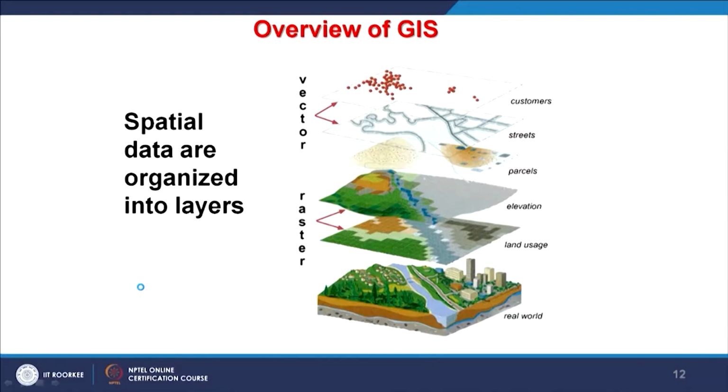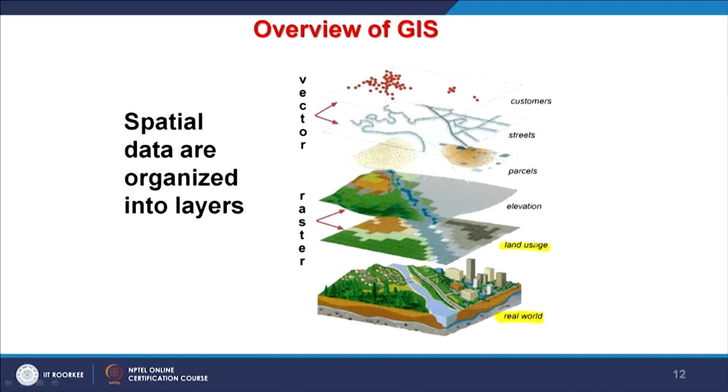When I was showing this cholera epidemic scenario, there were 3 layers. Now, in GIS we store information in different layers or thematic layers. If I start from the real world scenario, the real world has all kinds of data, but we can segment the data in order to organize and efficiently store and analyze it on a GIS platform. So the real world can be segmented into different layers or different types of spatial data.